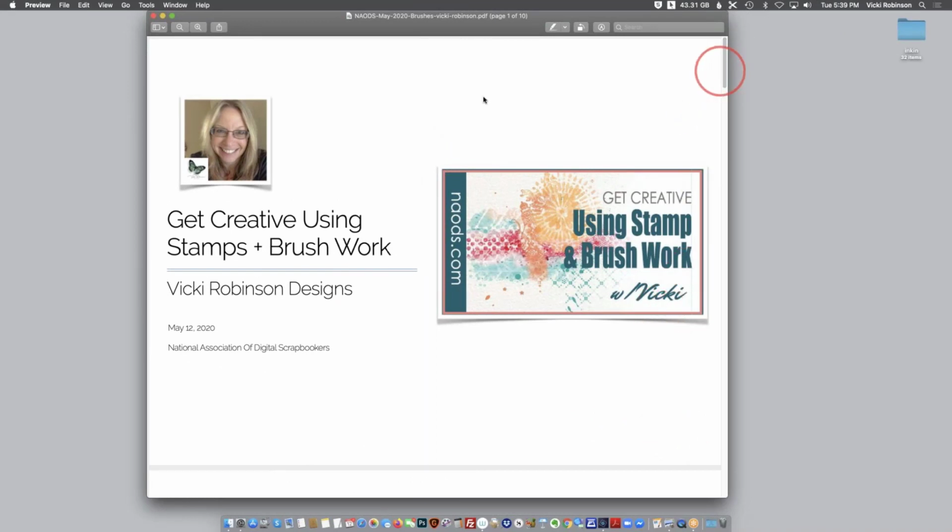Before I start, can you guys see my cursor with the red circle around it? Can everybody see that? It looks okay? Yes. All right, I'm just trying to get the circle not too big so it wouldn't be